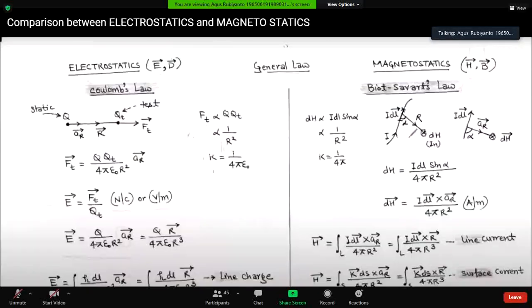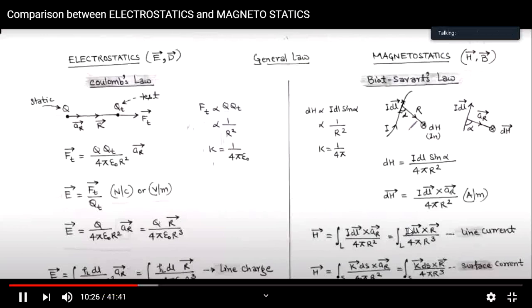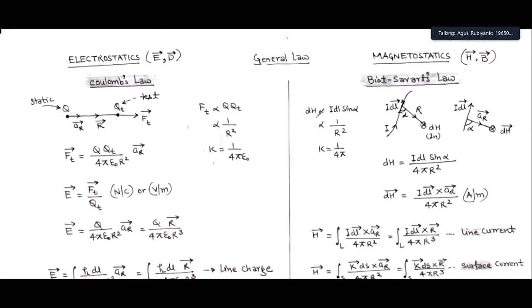Langsung saja tanya. Penjelasan ini menarik, dari saudara kita dari India ini. Saya kemarin mencari videonya, sangat bagus sekali dan detail menjelaskannya, komprehensif. Oke, silakan. According to Biot-Savart's law, the small differential magnetic field intensity, that is dH, is directly proportional to product